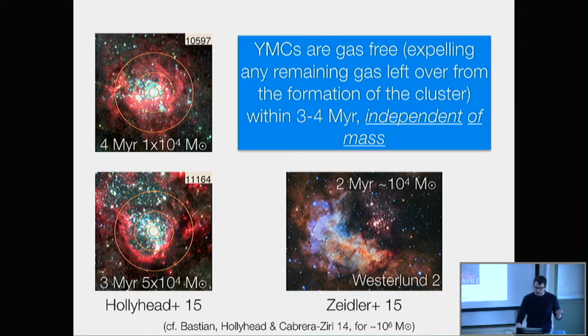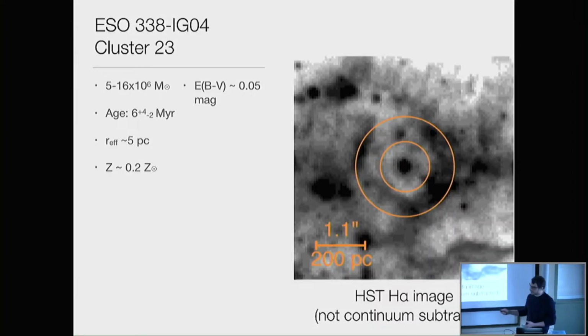But then we can look also at something a little bit more massive. It's 10 to the 6 solar masses, and also very young. The radius like a globular cluster, the metallicity like a globular cluster, very metal poor. And the cluster in the core has a very little extinction, so it's no gas reservoir. And if you work out how much